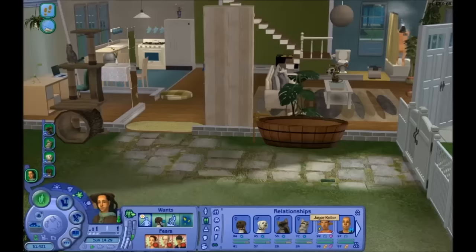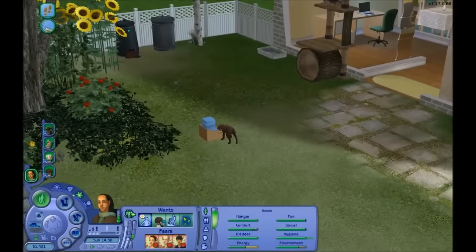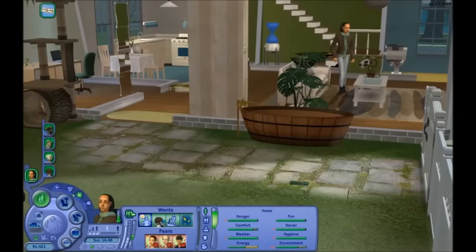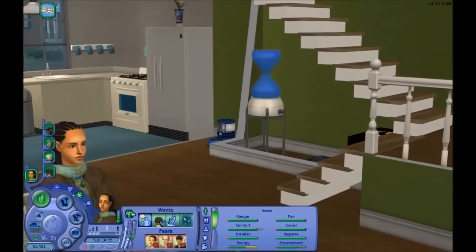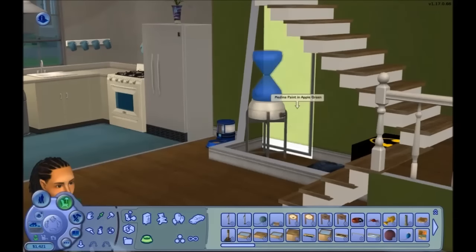But anyway, Jagger Keller is currently a playable, and he is currently living in one of the bigger houses with a family, and he's renting a room there. But I think that he's going to move in with Michelle at the end of this round, which is tomorrow in sim time. And yeah, by the way, if you have been wondering what this is